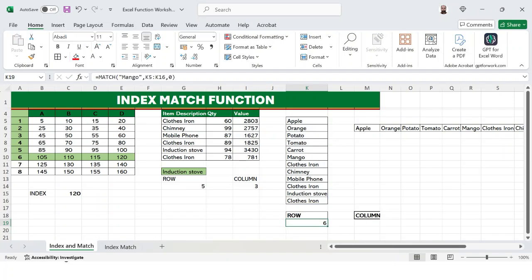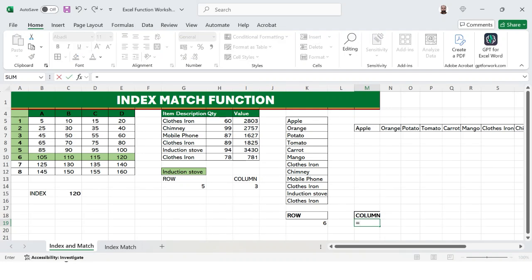You can see 6. You can see here first, second, third, fourth, fifth, and sixth position of mango. So this is the sixth position of mango. So this is how you can use the MATCH function.